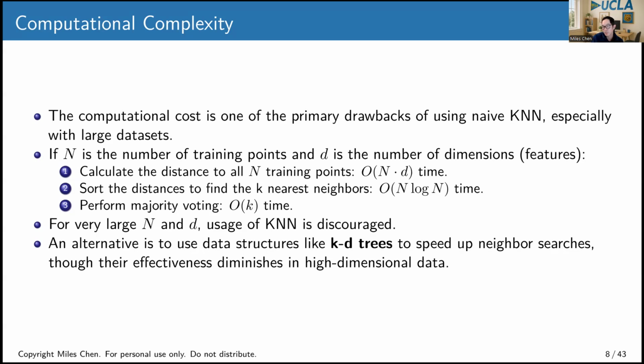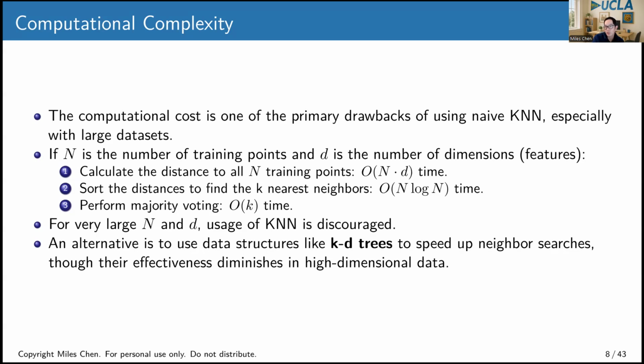Okay, this operation gets bigger and bigger as n grows or as d grows. Okay, you also have to sort all of the distances, and that also grows as n gets bigger. Okay, the majority voting,